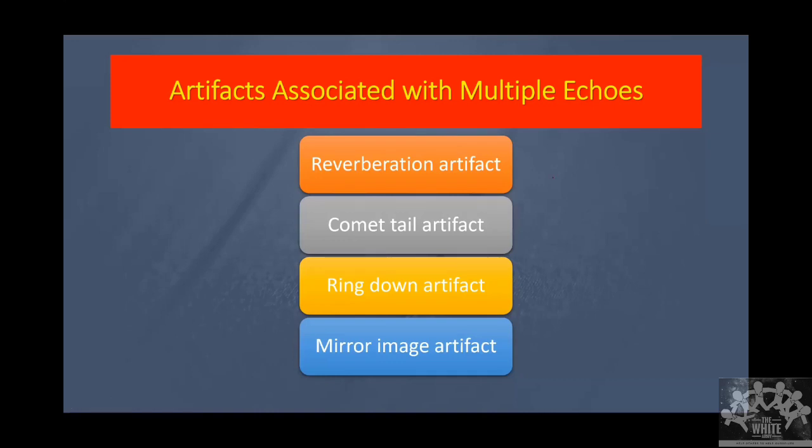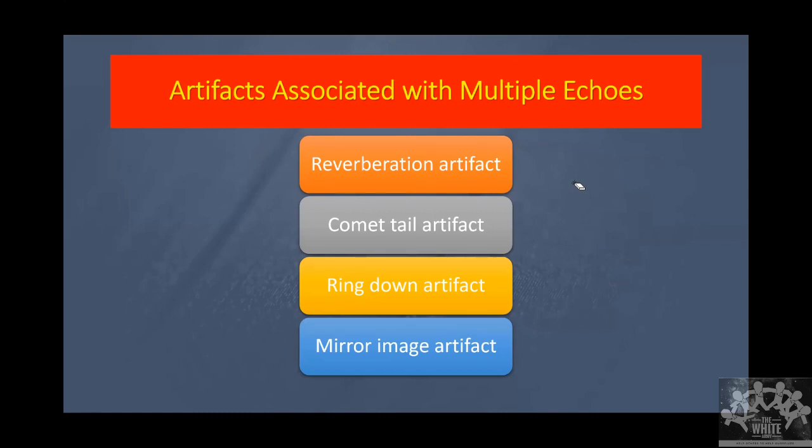In M mode we were seeing the movement at only one level, because we were measuring only one line there. In B mode we are seeing the entire image with respect to time. So if any point is moving in B mode, it will appear as if the object is moving. We can see it continuously because we are acquiring at least 60 images per second. So that's how fast we can image.